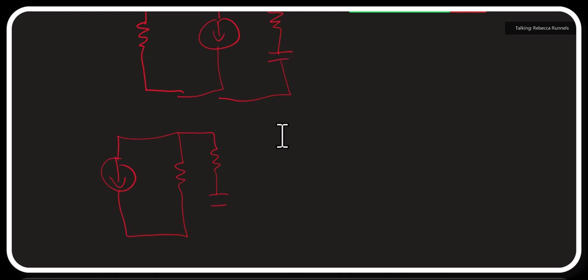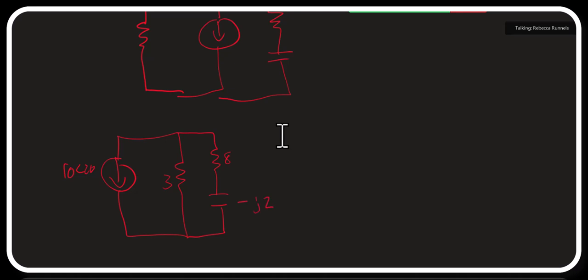Okay, so for this problem, we had a resistor, and we had a current source going down, and we had a resistor and a capacitor. And we're supposed to find the reactive power of the equivalent impedance as seen by the source. So the first thing is to redraw it just so it looks a little more normal, and by normal, I just mean the way I like it. So this would be 10 angle 20. And this is 3. And this is 8 and minus